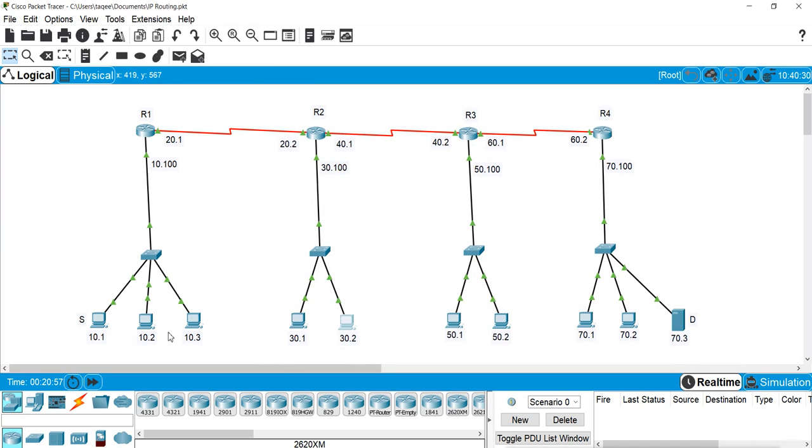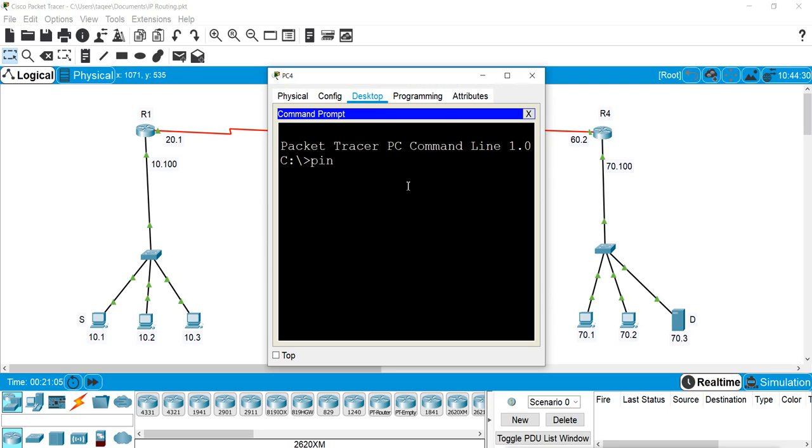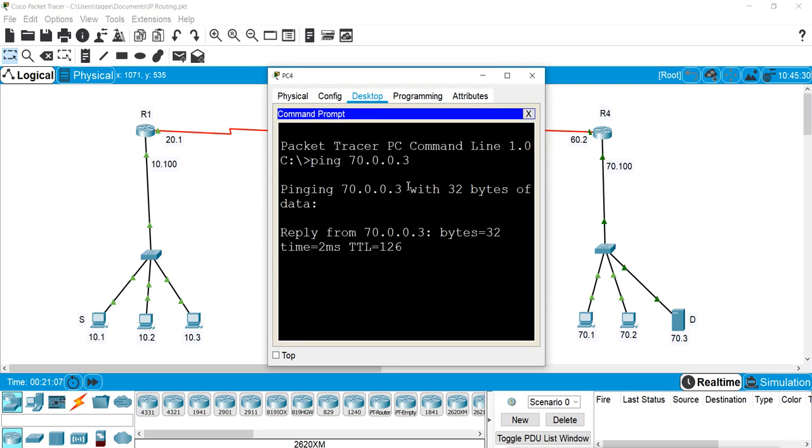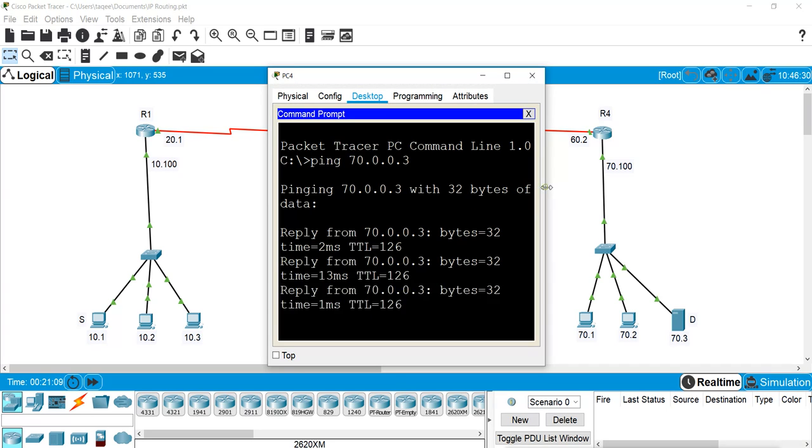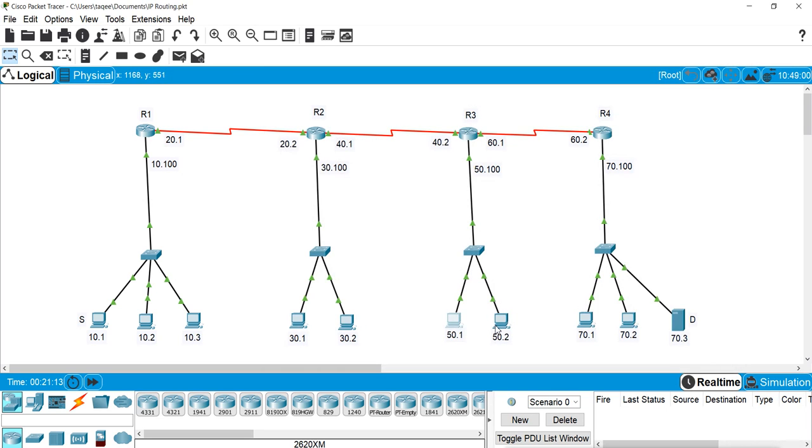So as we see, all these machines can access this 70.3 server, and from this 50 network, let's check these machines also. It can also connect, and this 50.2.